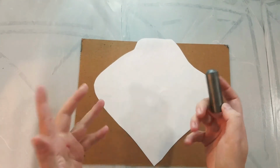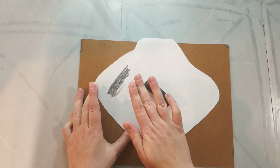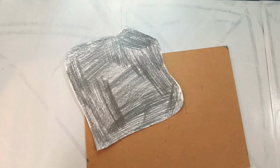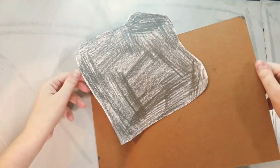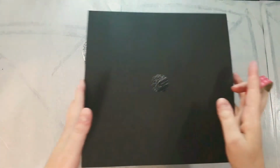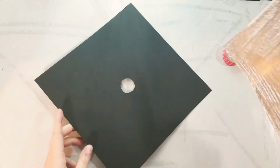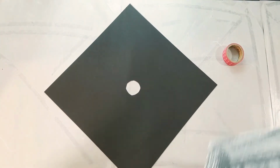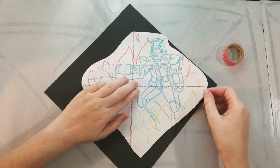Alright, back to our wonderful chipboard, and I have here a piece of Create-A-Color graphite. It's probably like 6H, so it's a really soft graphite, and I'm really just going to cover the entire back of this. Okay, so we have got the entire back covered with graphite. I have some low tack washi tape. We really want something low tack because we don't want it tearing up the paper surface. Now we're gonna line our...